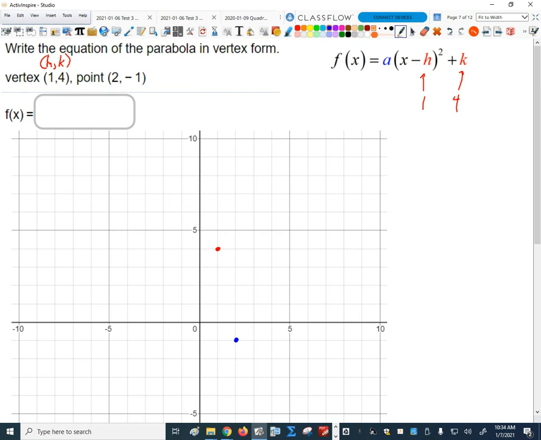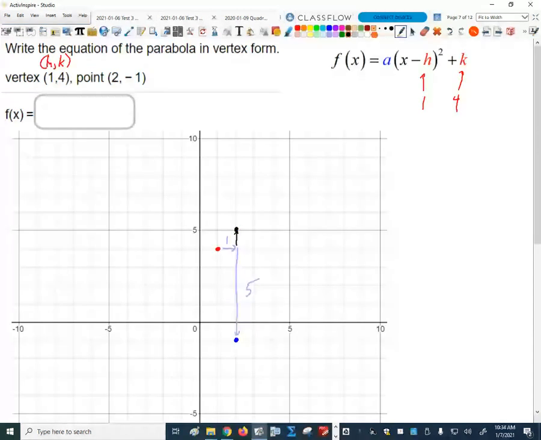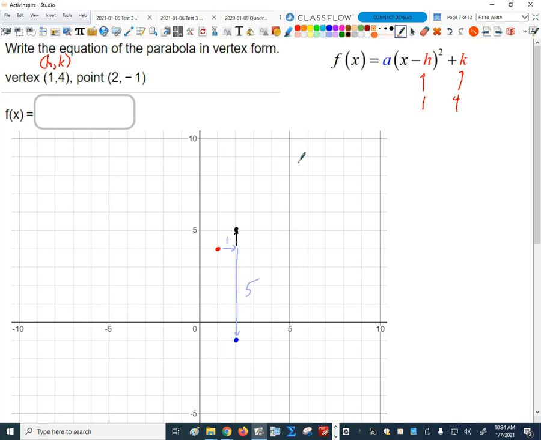vertical dilation is, right? If we think about a roadmap to get from the vertex to this other point, how far are we going to the right? How far are we moving horizontally from our vertex, Kendall? Down 5 and over 1. Okay, good. So when we go over 1, we're going down by 5. Now, normally, for our parent graph, we go over 1 and up 1, right? So in other words, our normal parent height